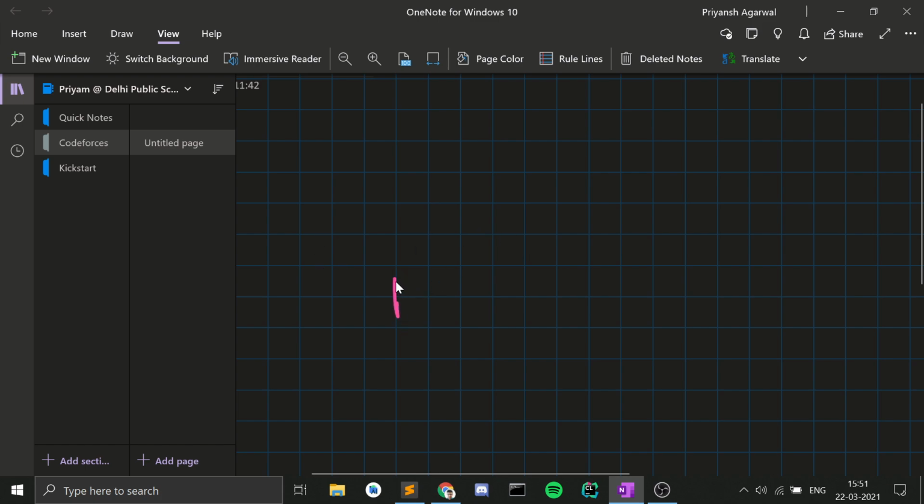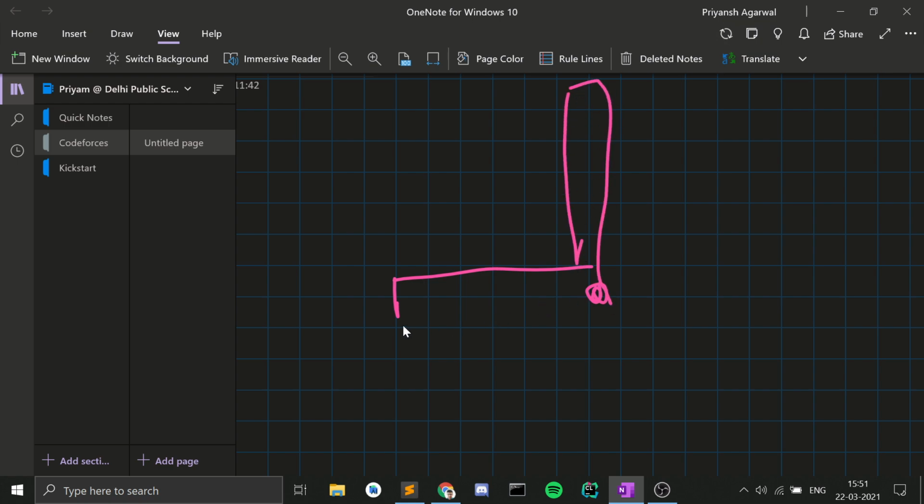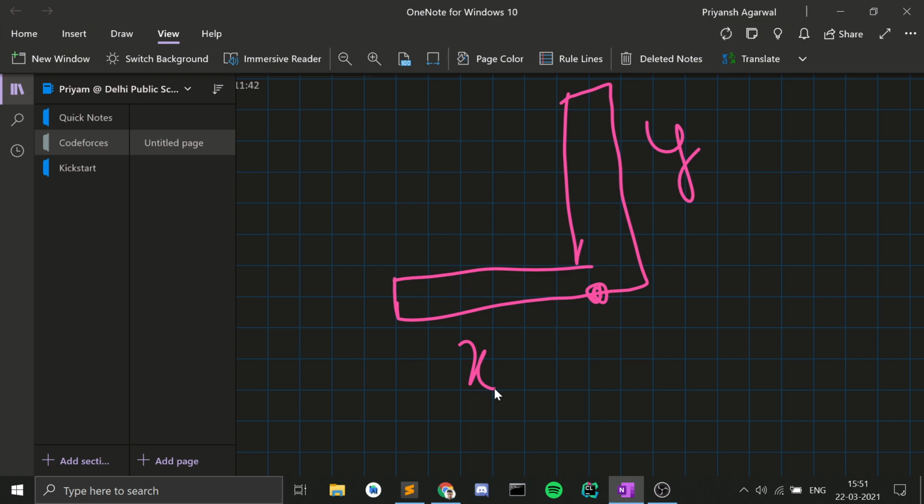Like if I tell you that you are here and the length of the longer side is, let's say, y, and the length of the shorter side is x. So how will you calculate the number of L shapes that have this orientation? One way to go about doing this is a binary search. You can binary search on the length of the shorter side: if you are here and you consider the length of the shorter side equal to k, then you want the length of the bigger side to be greater than or equal to 2 into k, right?